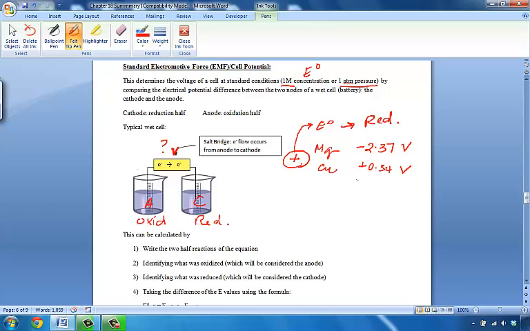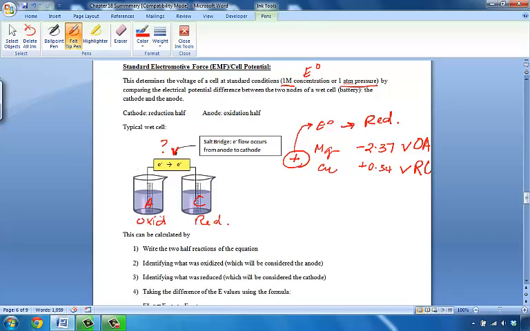That means if this is more positive, the copper is most likely to be reduced. The more negative, therefore, should be oxidized. That means our magnesium, therefore, is our anode, and our copper is our cathode. So,